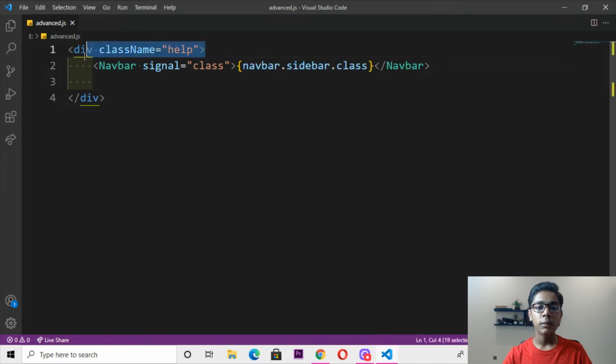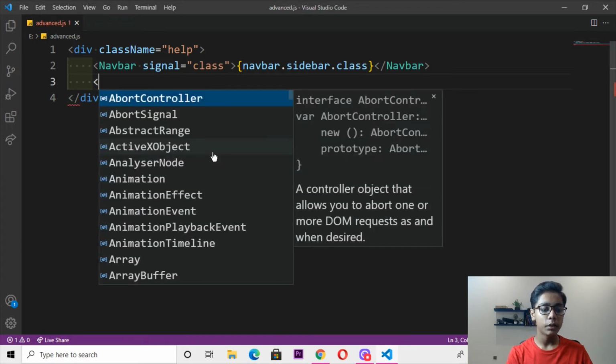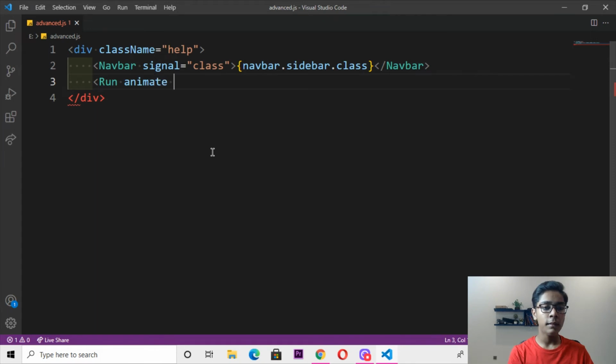This is also really important, because when you are writing any of the tags here, you have to first define the div tag, like when you are defining any class name. In that tag, how it will work, what the class name will be, and in which function you are running this. These are really important. If you erase this div tag, the tags you write here will not work. So here I will now write a tag, run animate equals to terminal. Then you have to close this. Here I'll copy these three things like I'm telling you, and right here terminal like we have written. Just close that and move down again.